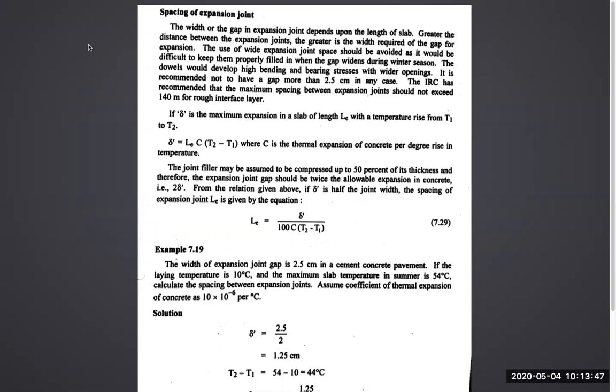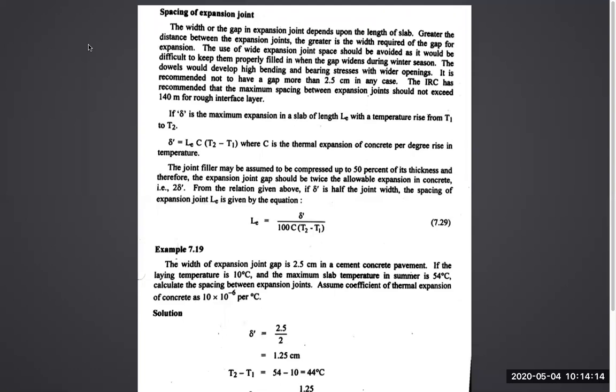Okay. So for a longitudinal joint, if you are going for a lane width of more than, say, 4.5 meters, the usual thumb rule says that if you are going for more than one lane, if the width is exceeding, say, 3 or 4.5, then we provide a longitudinal joint. Okay. So for transverse joints, we have different categories.